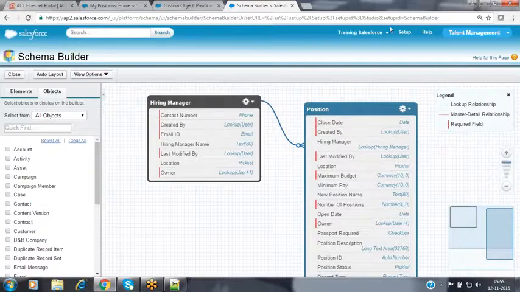Now observe this one here. What kind of relationship is it? From hiring manager it is starting like a single line, but when it reaches the position, it is providing like many. Whenever you are mapping the lookup association between two objects, what kind of association is it mapping? One to many association. Each and every lookup association is going to map a one to many association between the records inside those objects. One parent record can have multiple child records. This is the first observation we have done.